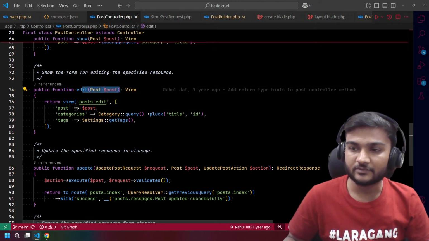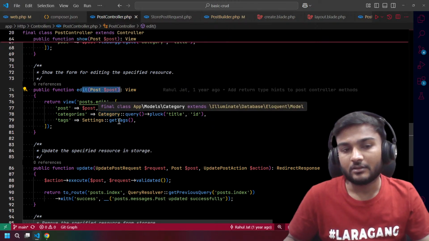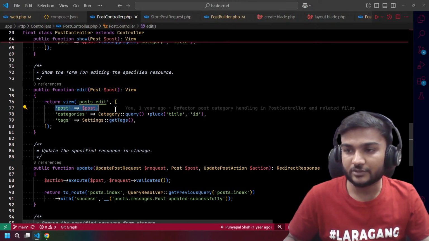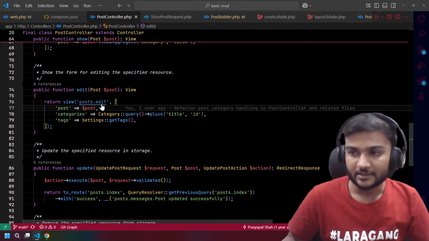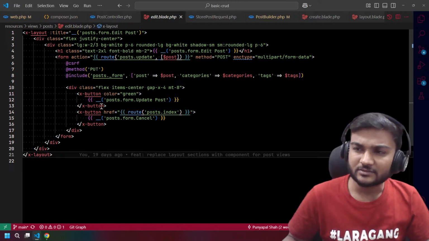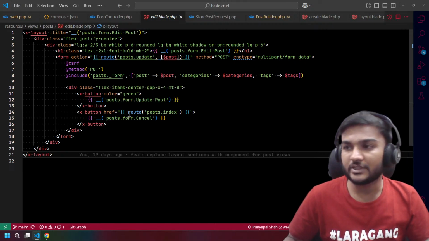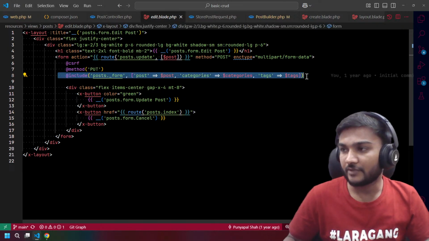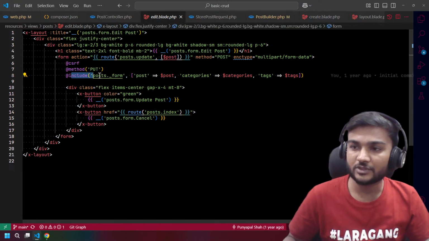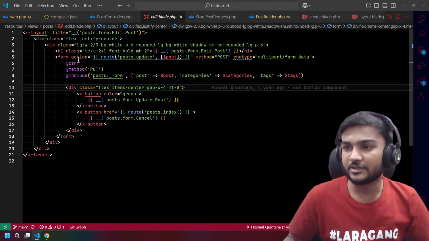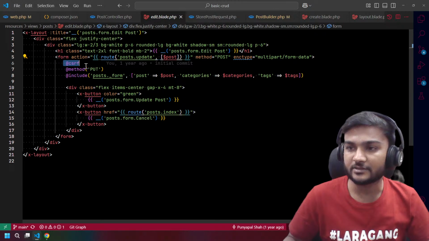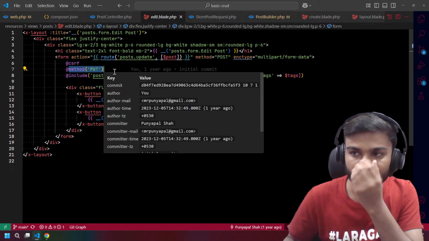route model binding. Then we are passing the route post into the form. We are getting the categories and we are getting the tags, right? This is something similar to the create page, but what we have is we are passing the post into the form, right? We are adding a similar CSRF, we are adding a put method,